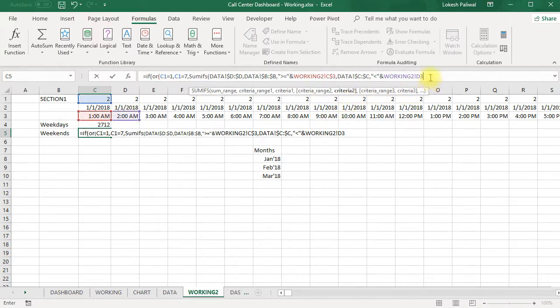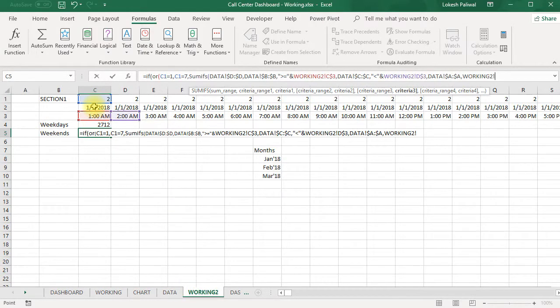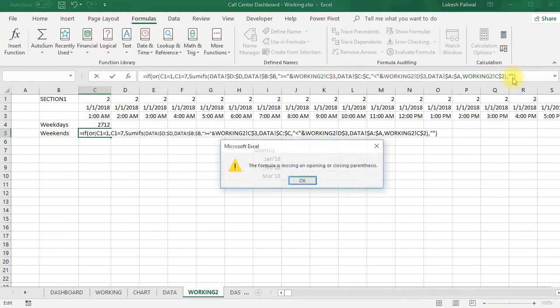Okay, now my date column is from column A of my data sheet, which should be equal to this. Okay, and apply dollar before row, close your SUMIFS, and if condition becomes false, I want to reprint blank, close, and then